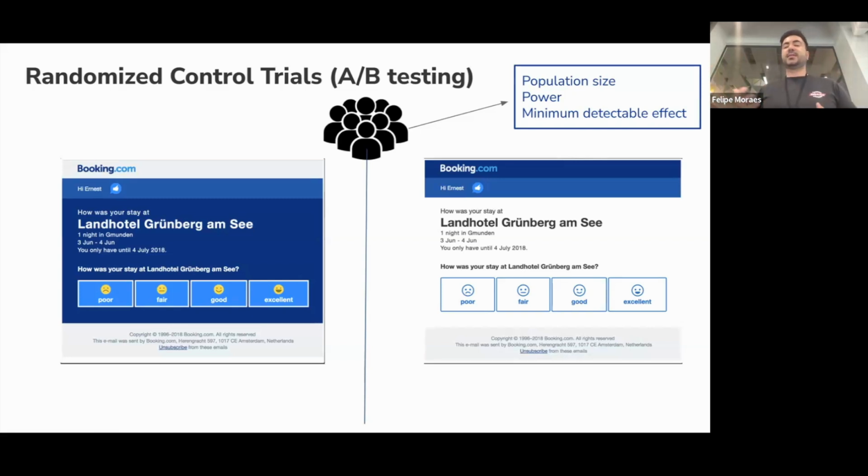There are many things that influence how I get this population: the population size, how many people I should have, the power that I'm interested in for this A/B testing, and the minimal detectable effect. I'm not going to go over these three things in this presentation, but there are many great resources online that you can find to learn more about them.